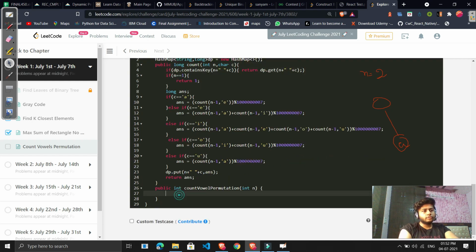Now I have to just call the recursion and it will work fine. Let's see how it is going to work. Long count for n and character a. We have to do it for all of them, because we have to call for a, e, i, o, u.